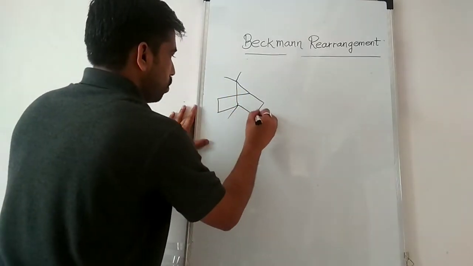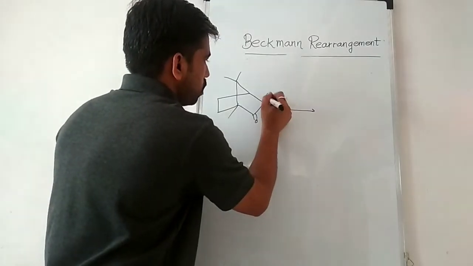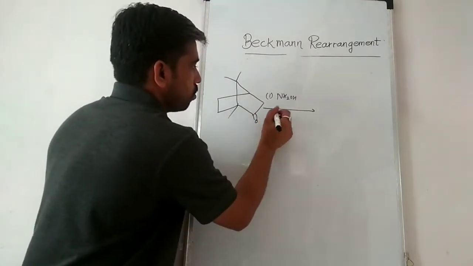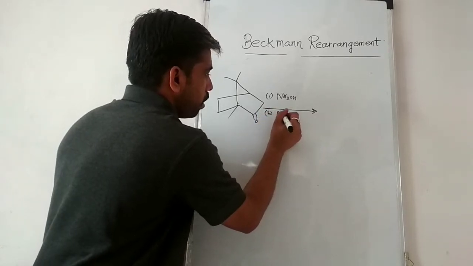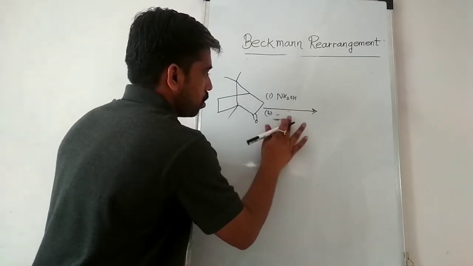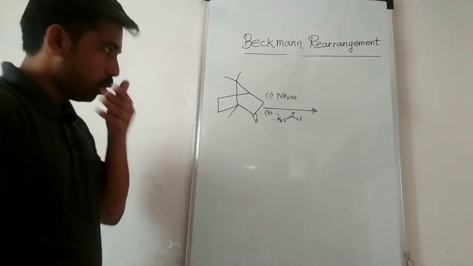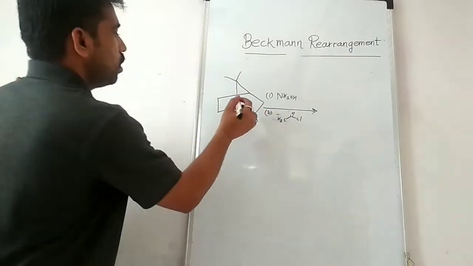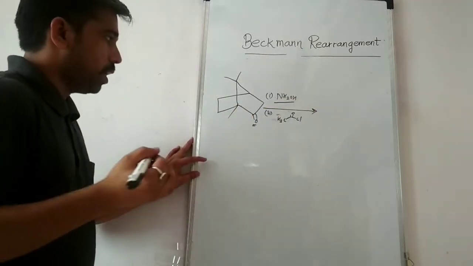The structure of camphor. Now, the first condition is hydroxylamine. Okay. Then the second is acetyl chloride, or simply write the structure like this: CH3C double bond O Cl as acetyl chloride. Okay. Now look towards this example. In this example, the first step is formation of the corresponding oxime, that is the ketoxime.